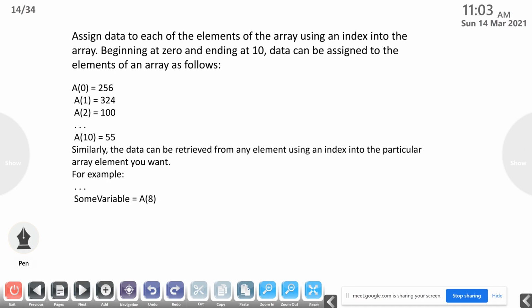Then 1, 2, up to A of 10 equal to 55. But in JavaScript we can enter only up to A of 9; it's not possible to enter A of 10. Similarly, data can be retrieved from any element using the index, that is, some variable equal to A of 8. Then the value in A of 8 will be stored in the variable some variable.